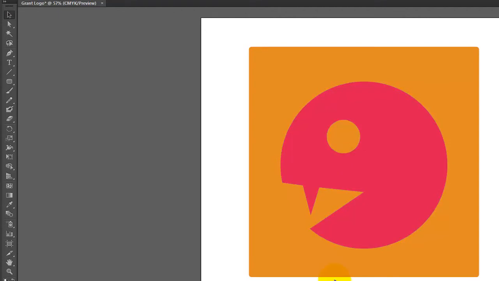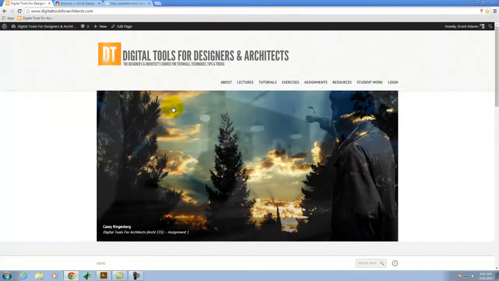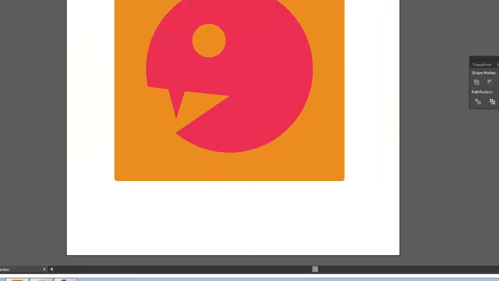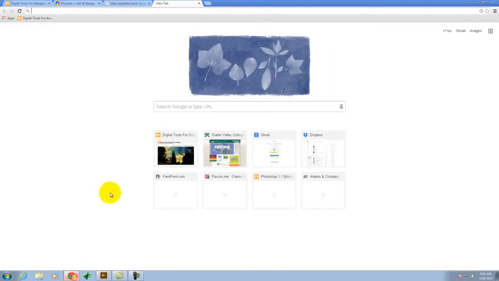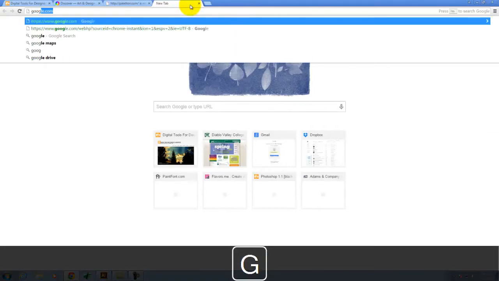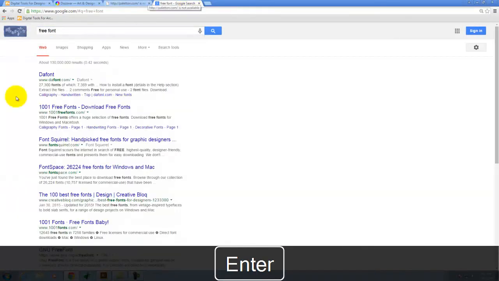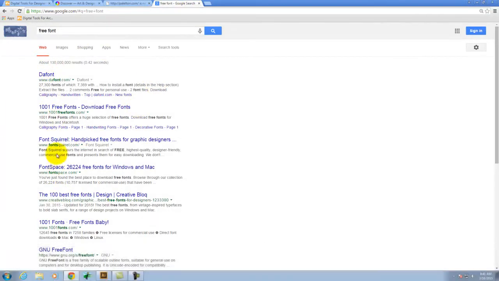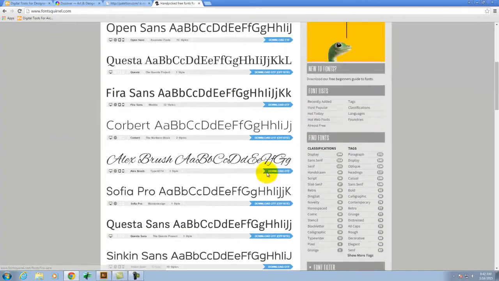Now sometimes we want a little bit of text to show up with those. And so first off, we have a bunch of text that's available on these computers, but it might not be the text that you want. Last class you learned how to load your own custom fonts, so now you don't have to do your own custom font, but you can find them. And so there's a bunch of websites out there. If you Google free font, there's a bunch of websites that are out there. Font Squirrel is the one I tend to use, where you can actually go through and find a bunch of fonts that might be